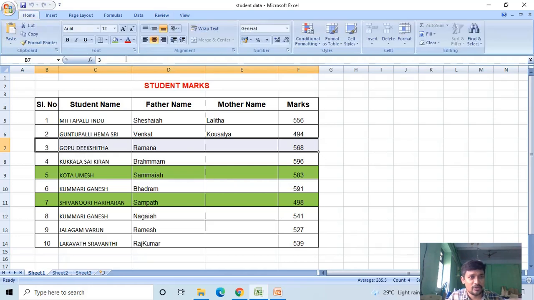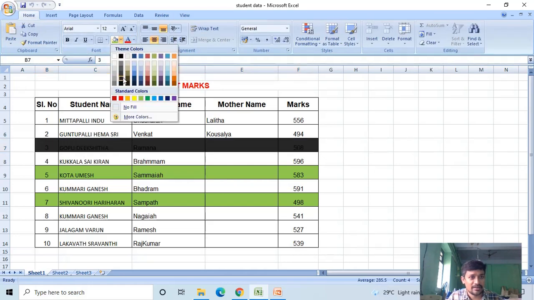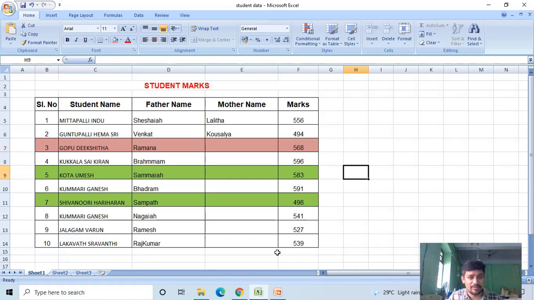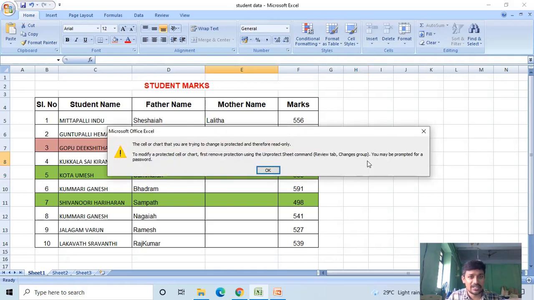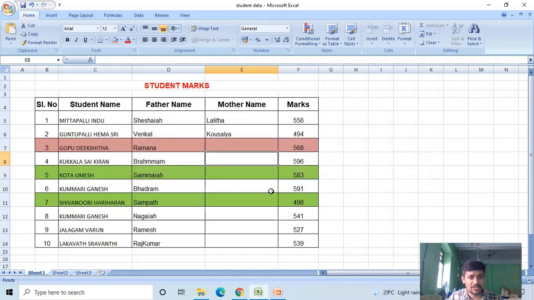Select the cell you want to format. Now you are able to format the cells, but you are unable to delete the data. You are unable to enter the data. It doesn't accept because you have not been given permission to add or delete data. You have only been given permission to format the cells.